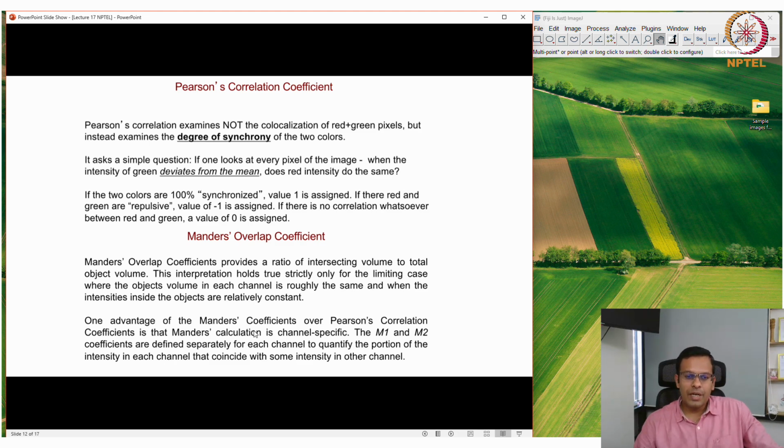One advantage of Mander's coefficient over Pearson's coefficient is that the Mander's calculation is channel specific. The M1 and M2 coefficients are defined separately for each channel to quantify the portion of the intensity in each channel that coincides with some intensity in the other channel.